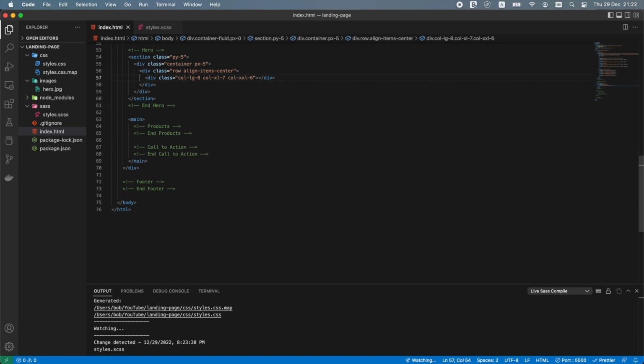The col-xxl-6 class means that on extra large screens where the minimum width of the screen is greater than or equal to 1400 pixels, this div will span 6 out of 12 columns. So the number of columns will decrease as the screen size increases. Let's also add 3 Bootstrap classes to the second div: